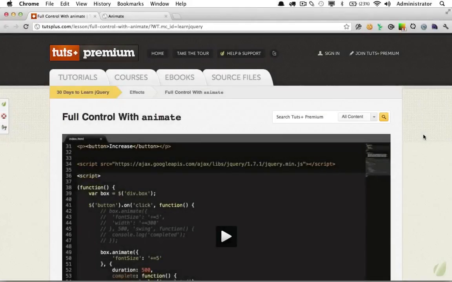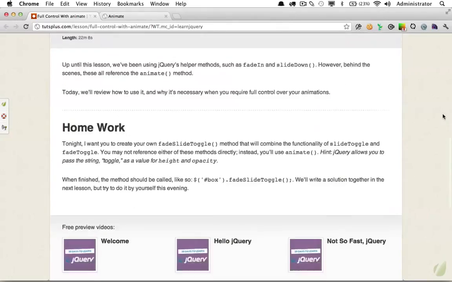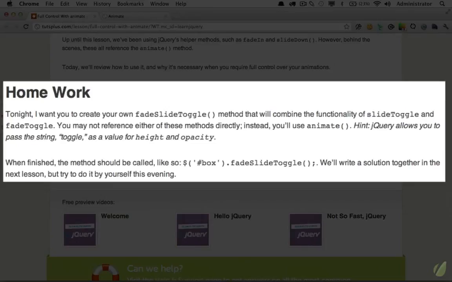In the previous lesson, I gave you a bit of homework. If we scroll down to the bottom, we'll see: tonight I want you to create your own fade slide toggle method that will combine the functionality of slide toggle and fade toggle. But you may not reference either of these methods directly. Instead, you have to use jQuery's animate method. When finished, the method should be called like so,